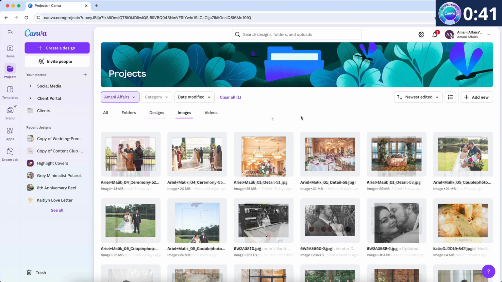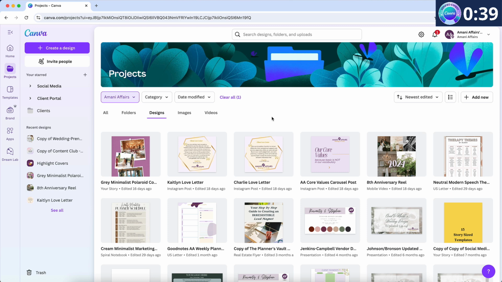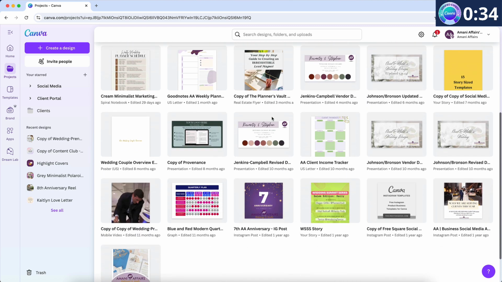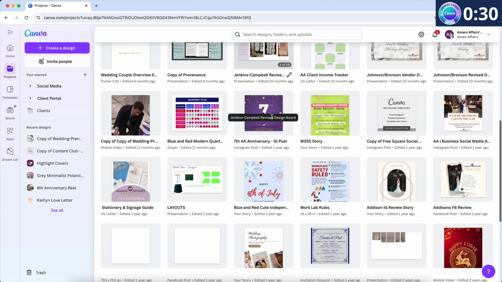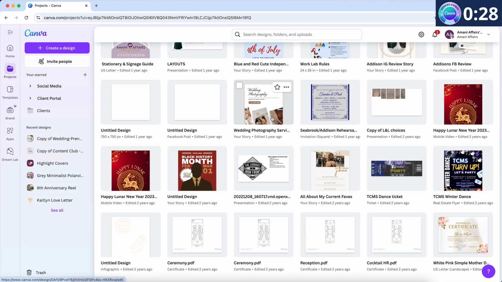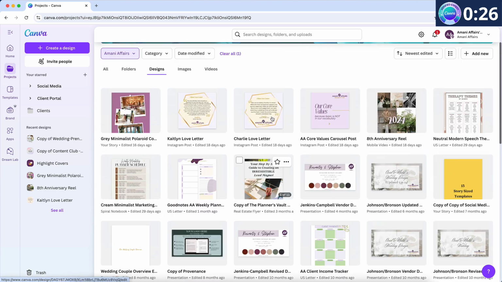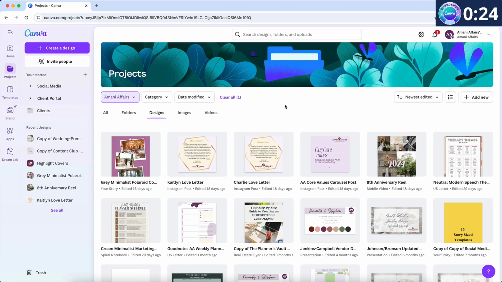While we're on the topic of cleanup, there's also a fair amount of older unfolded designs, some of them from up to 2 years ago. If they're no longer relevant, Jihan may want to go ahead and delete them, and then for anything worth keeping but not actively in use, I suggest creating an archive folder and moving them there. That helps declutter the workspace without losing access to past work. And then anything she does want ongoing access to should be moved into relevant folders so that she can clear